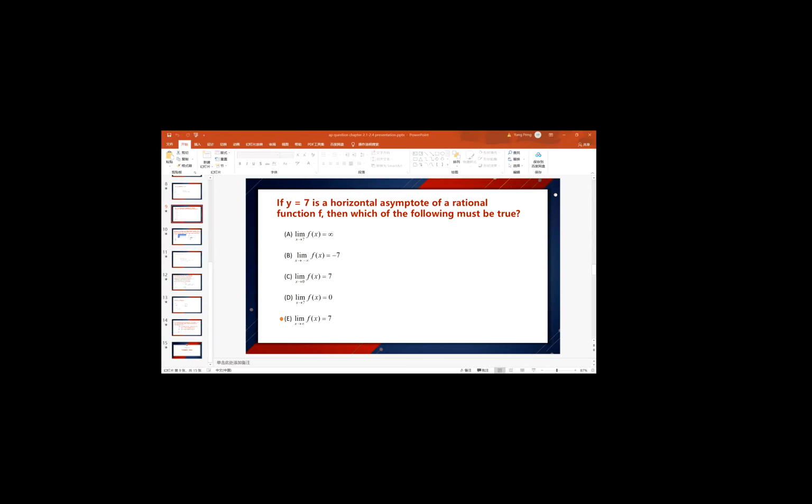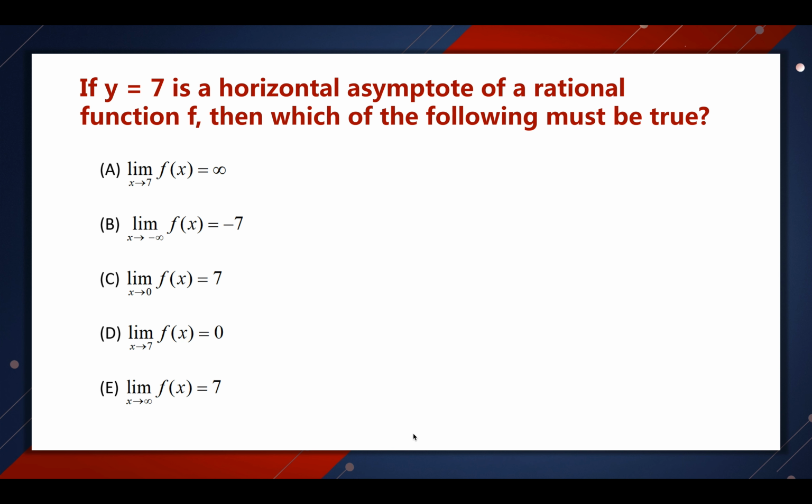So I'm going to continue the presentation from this question. Is C. And this question is